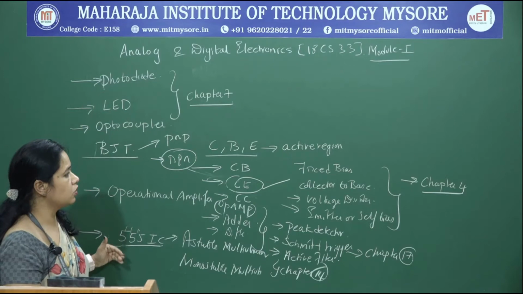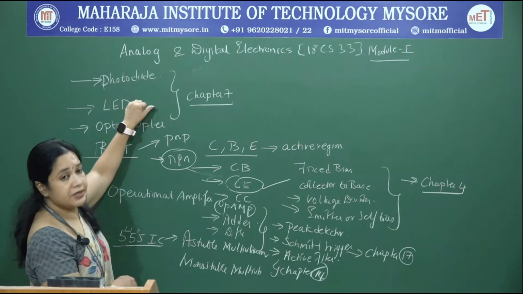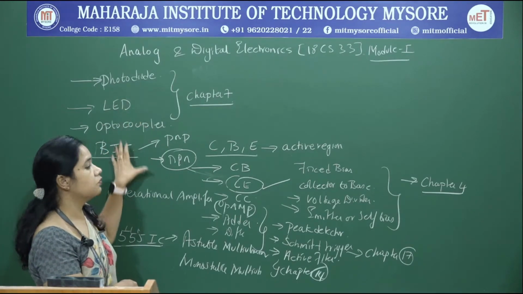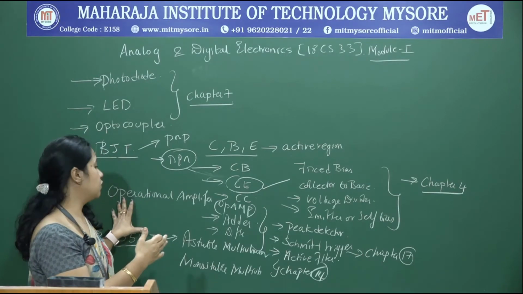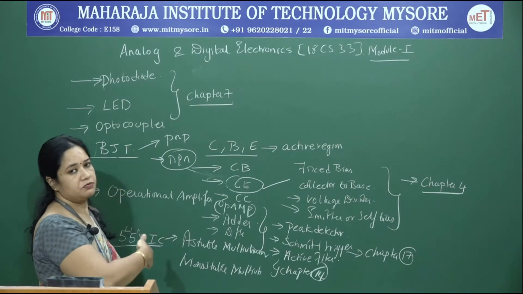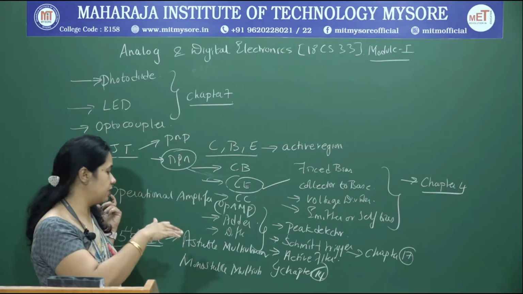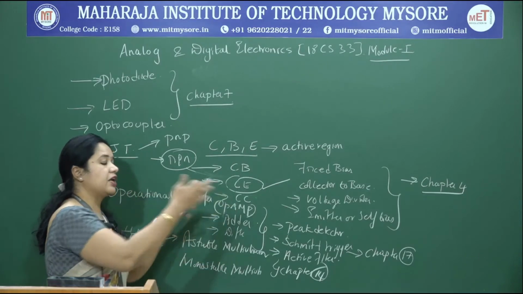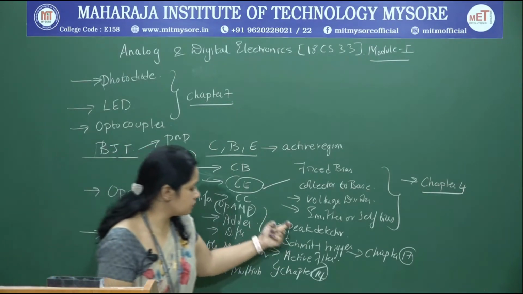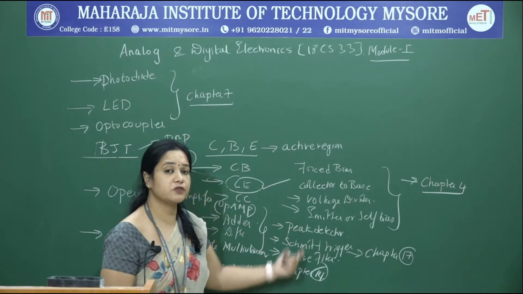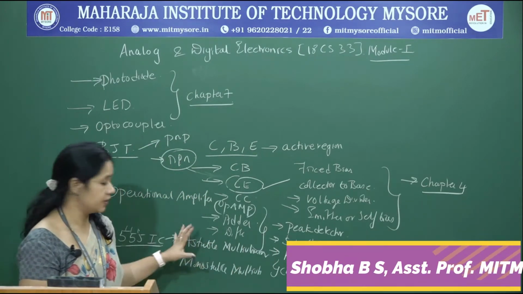So with this quick look into the topics we are covering in the first module, we will be discussing optoelectronic devices. We will look in detail at the biasing circuits of your BJT. We will look at the operational amplifier; the fundamentals or foundation of the operational amplifier has already been laid in your basic electronics. We will carry forward with advanced applications. We have just listed a few applications which include peak detectors, Schmitt trigger, active filters, different types of active filters, voltage to current converter, current to voltage converter, relaxation oscillator and so on.